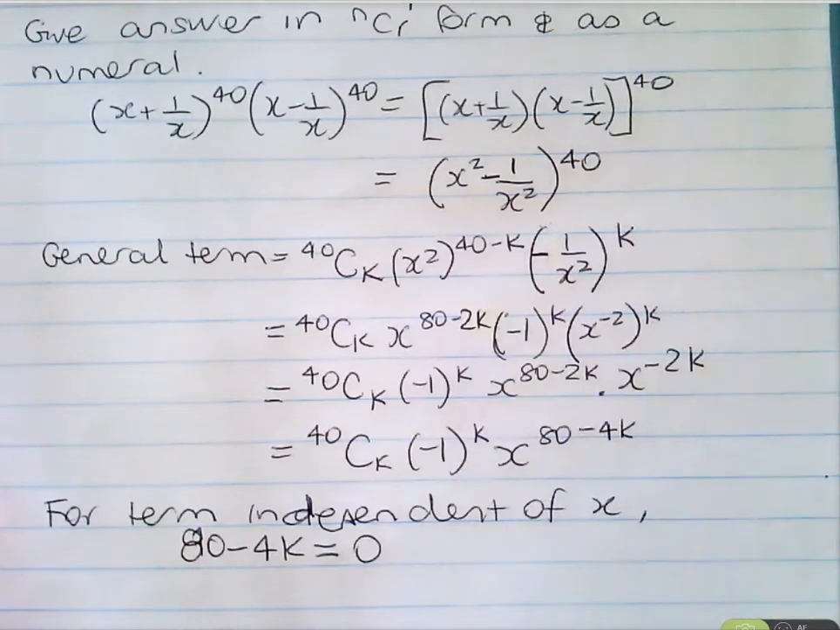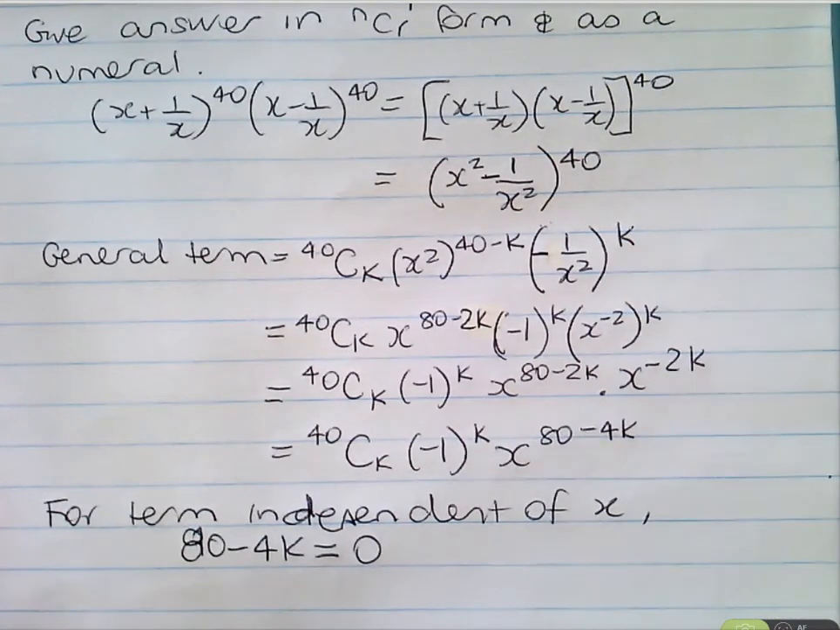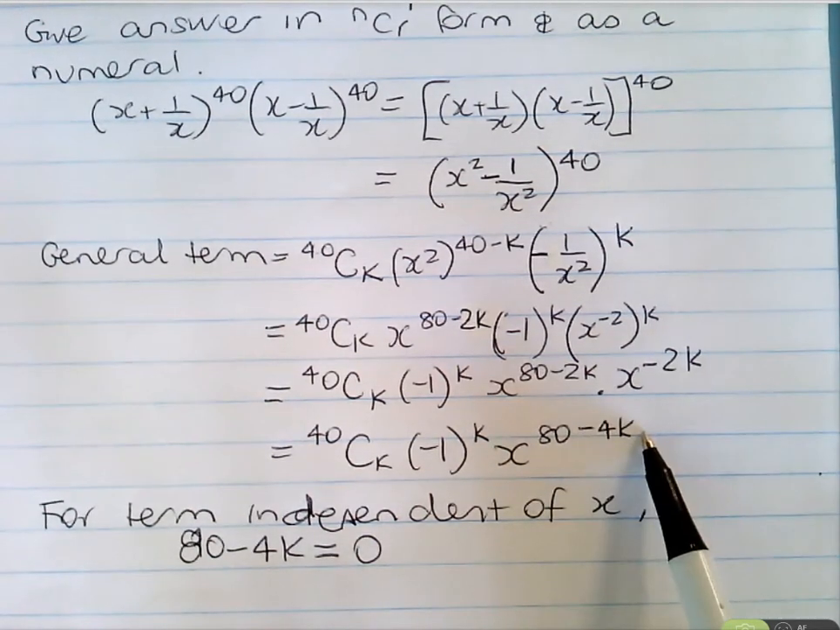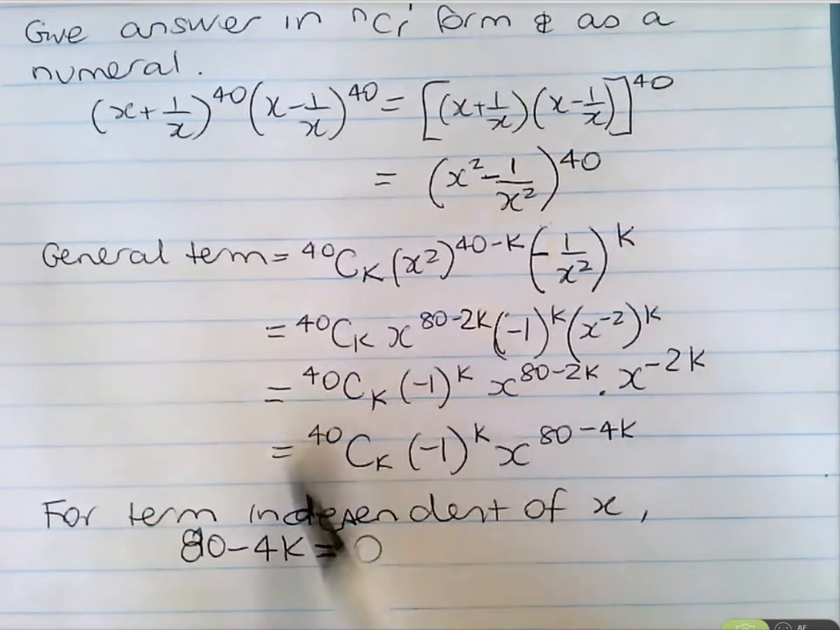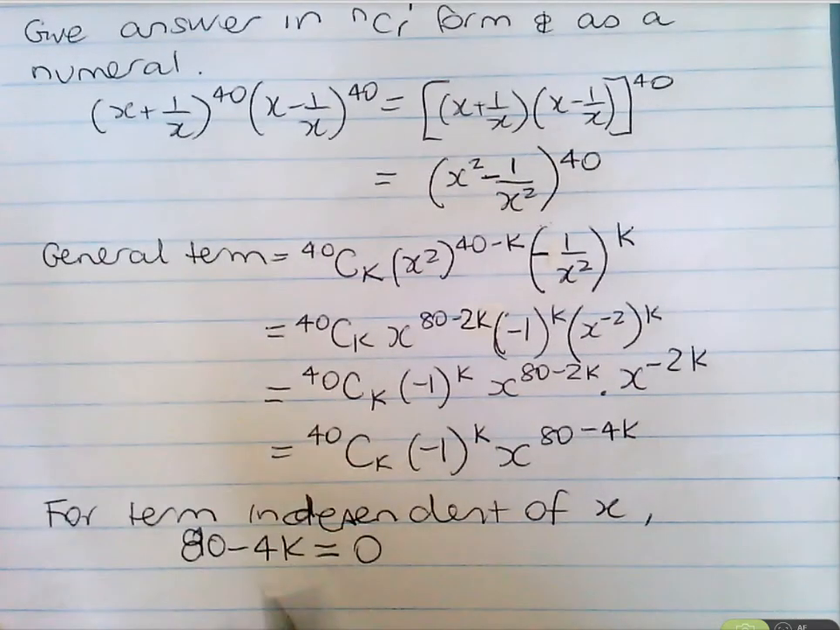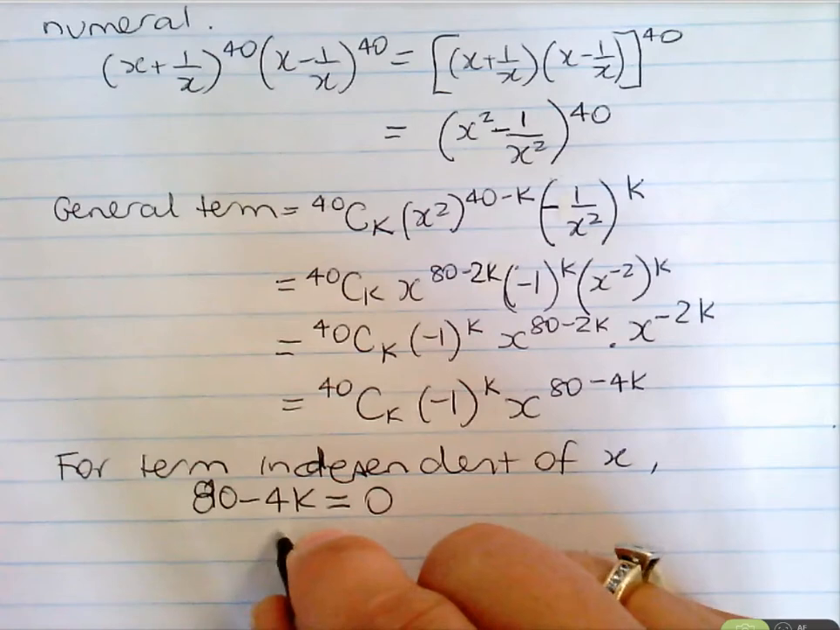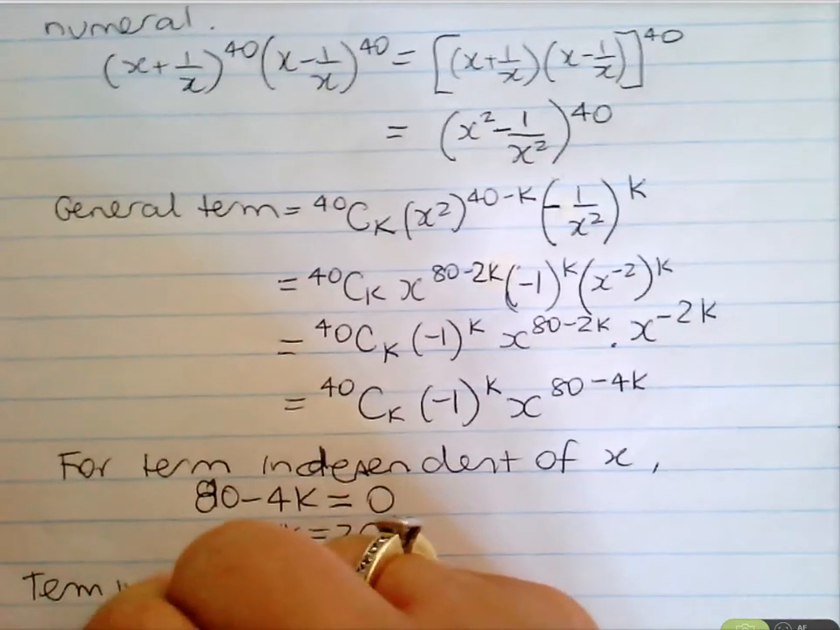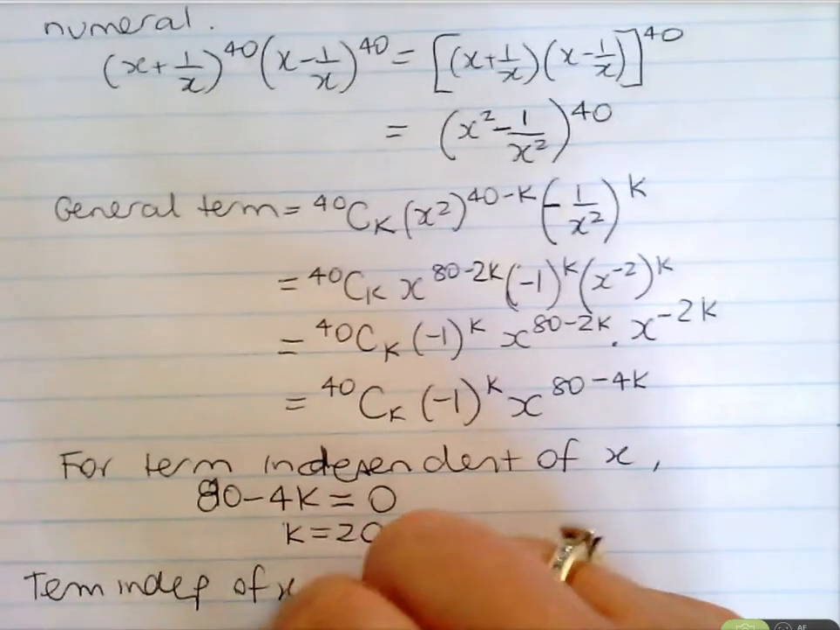It'd be the x to the 0 term, wouldn't it? The term independent of x is when you've got x to the power of 0. What's x to the 0? 1. So when the x is gone, you've got the term independent of x. So for term independent of x, 80 minus 4k equals 0. So in other words, k is 20. So therefore, the term independent of x is